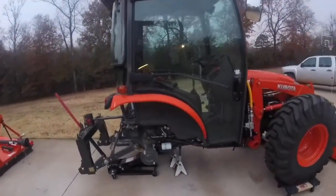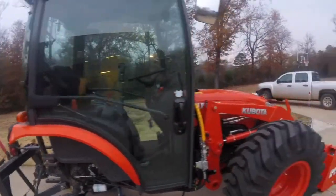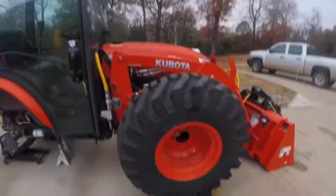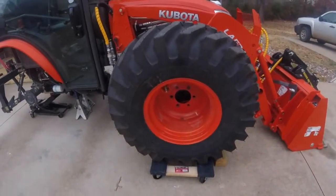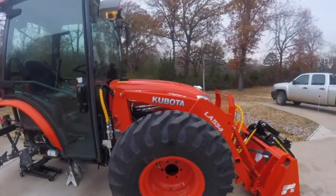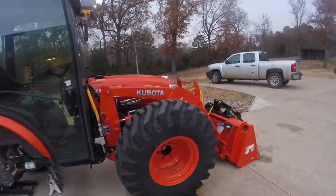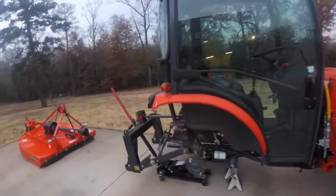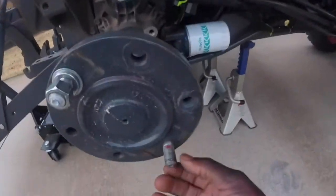While I have the wheel off, I'm probably going to wrap those hydraulic lines with some of that protector. But the wheel dolly worked out really great. Put it on the jack, put it on there, let it down just a little bit, and then you can move it around. It's filled with fluid, and so it made it real heavy. But since the threads got messed up,